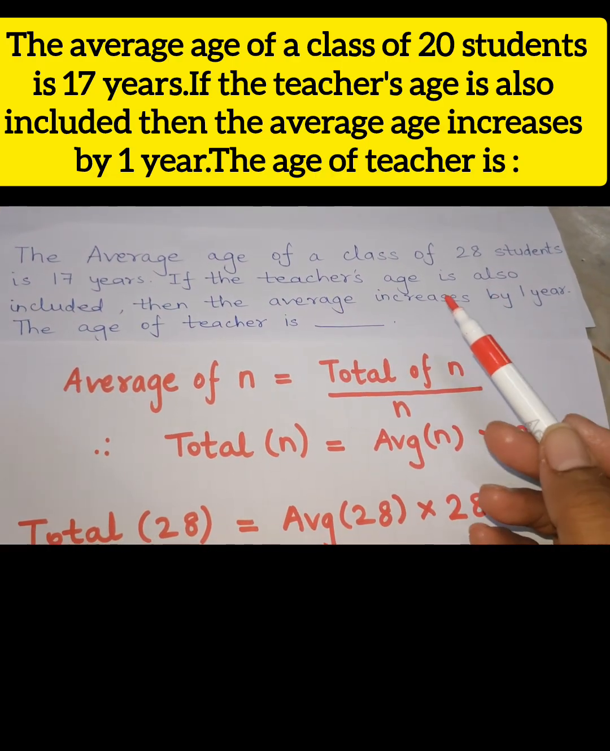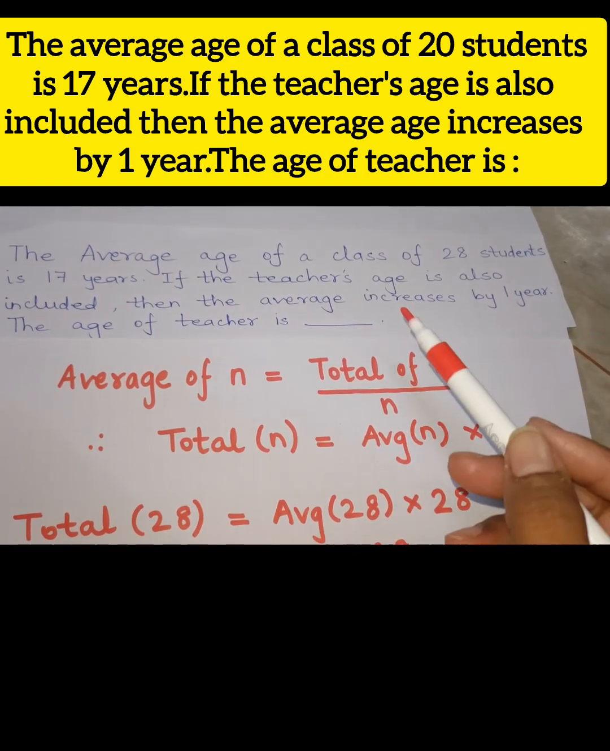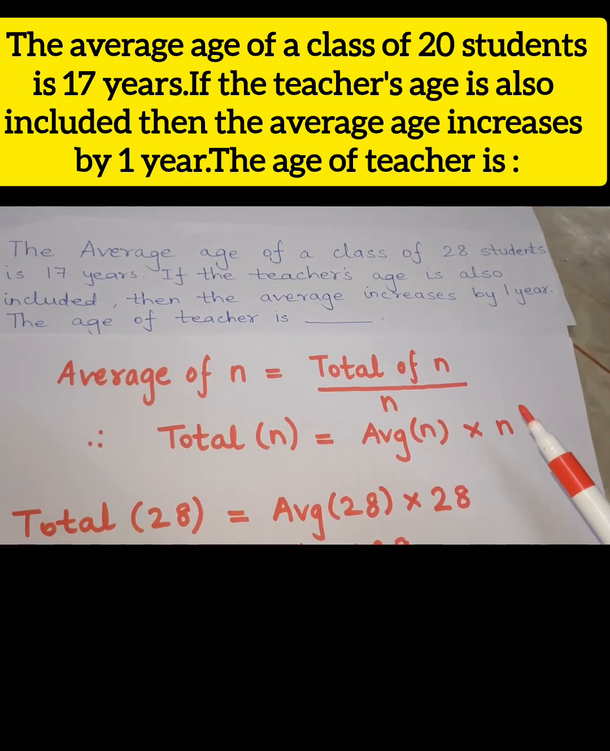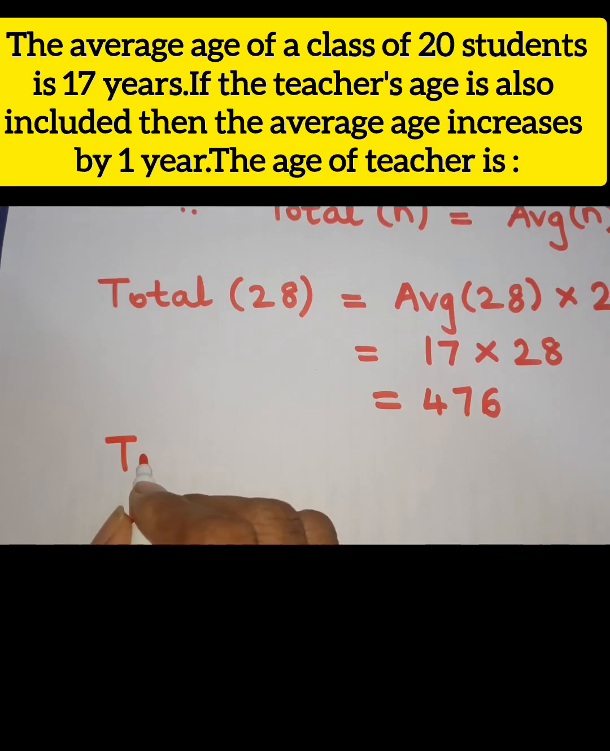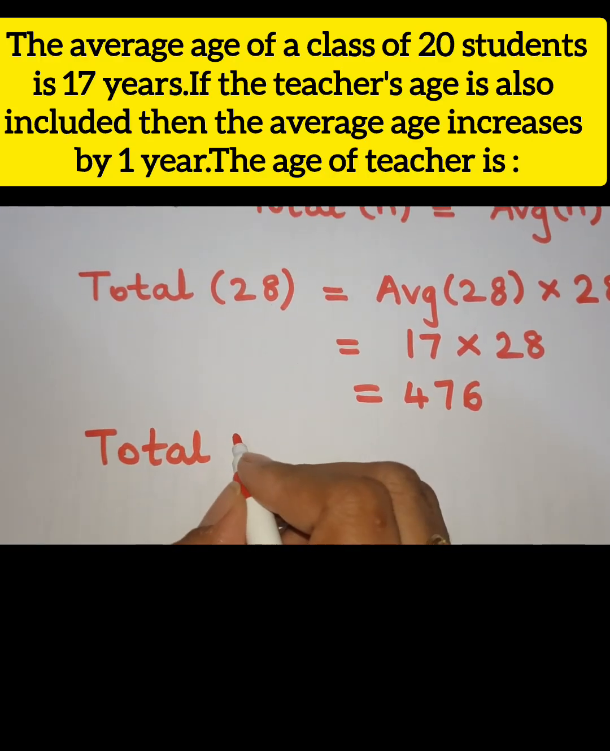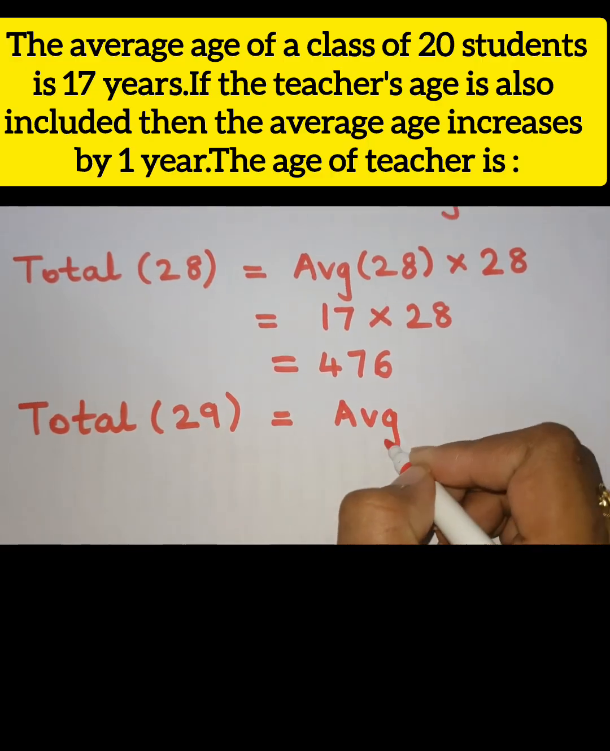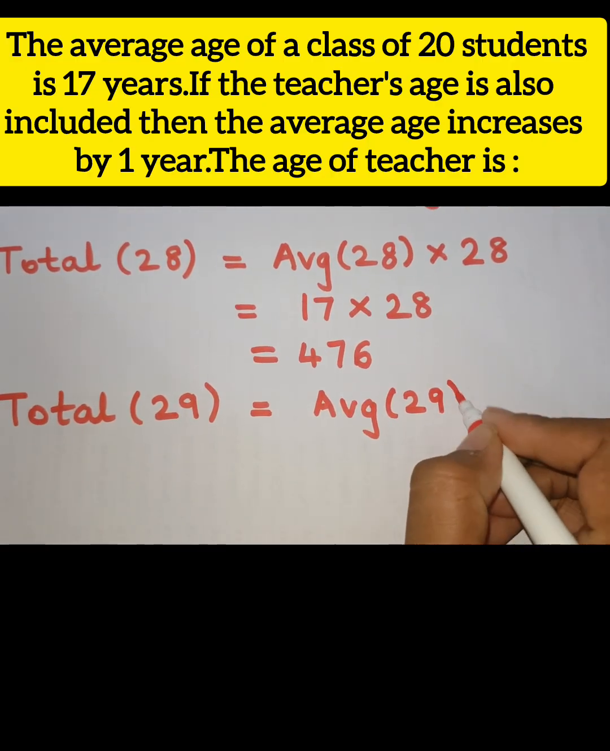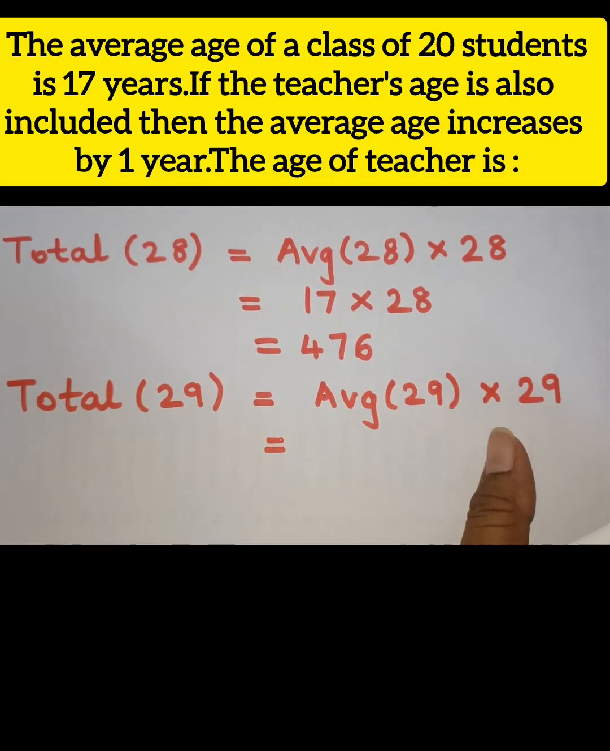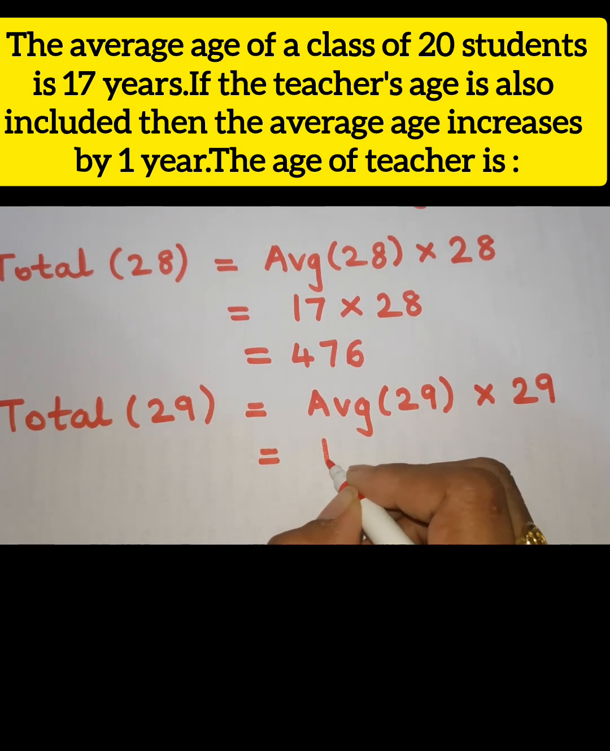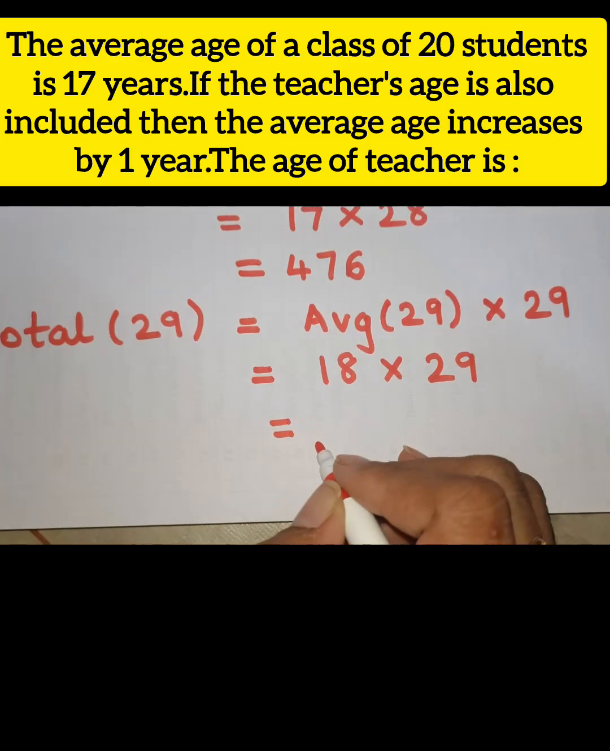The second part says that if the teacher's age is also included, then the average increases by 1 year. Since you have 28 students and you add the teacher's age also, that means you have a total of 29 values now. And the average, which was earlier 17, has now become 18 because it increases by 1 year. So, after including the teacher's age, the total of 29 values will become equal to the average of 29 people multiplied by 29 values. So the average of 29 is 18 multiplied by 29,